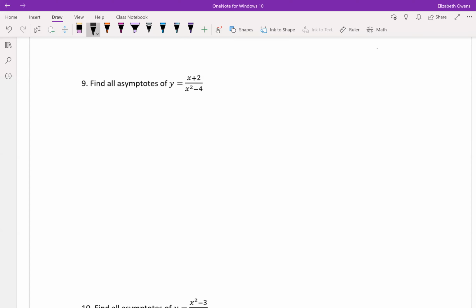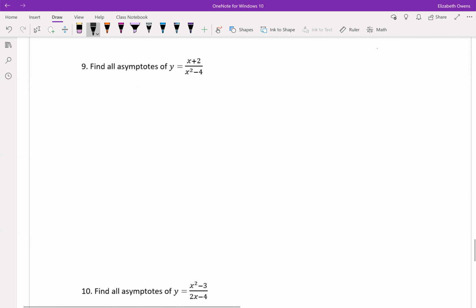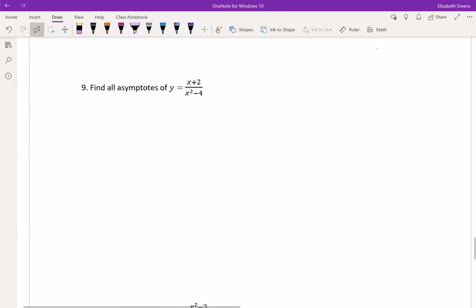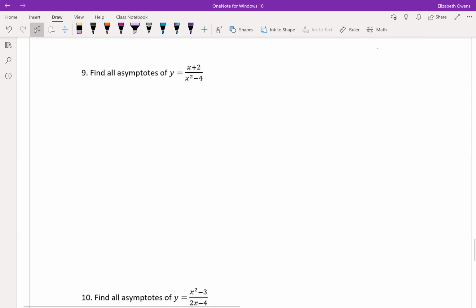Okay, time for some examples of finding asymptotes of certain functions. If you have taken a math class recently where you had to find all asymptotes of rational functions, such as college algebra or pre-calculus, you might feel confident enough with this type of problem that you can skip over this video. However, if you have any doubts about the process, or maybe you just like to make sure, I'd recommend